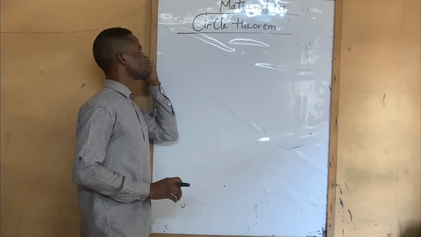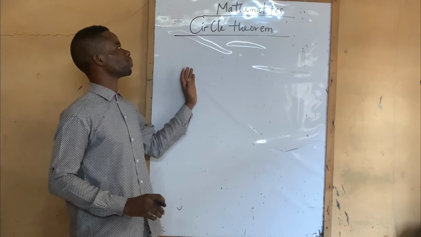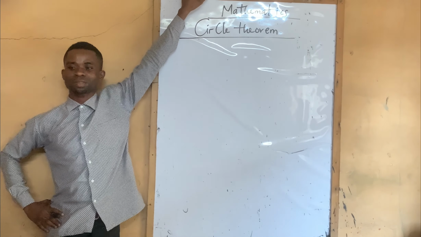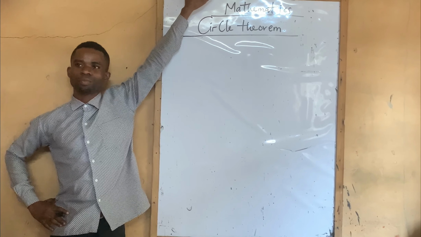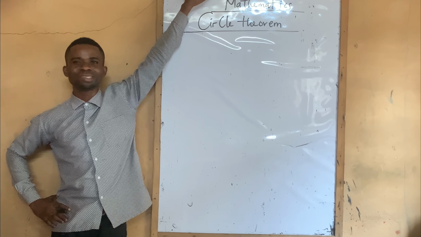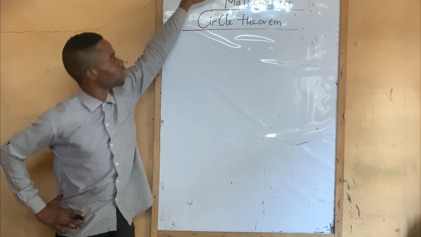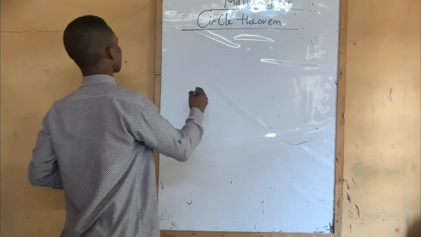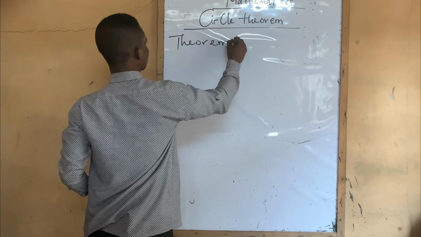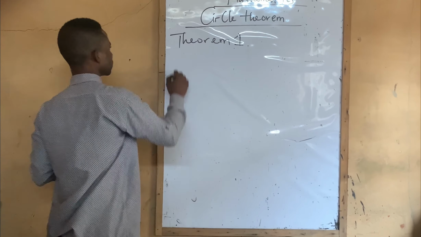Now I'll be taking us through circle theorem. Under the circle theorem we have one called chord and properties, and we have many theorems, but I will start with theorem 1, and I'm going to give us the details about theorem 1. Now what does theorem 1 state? It states that